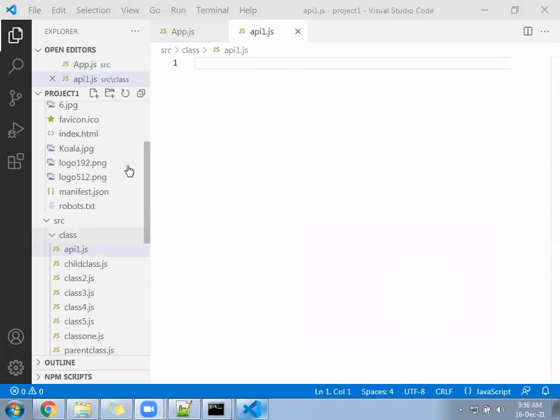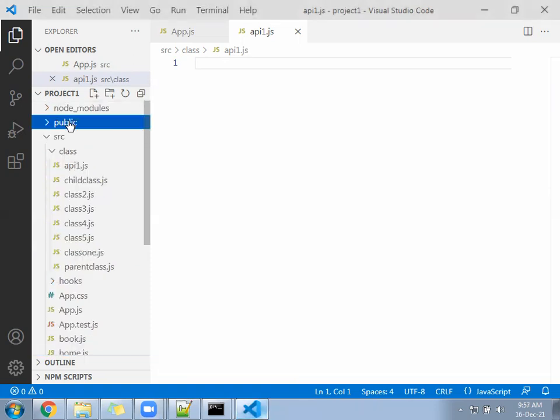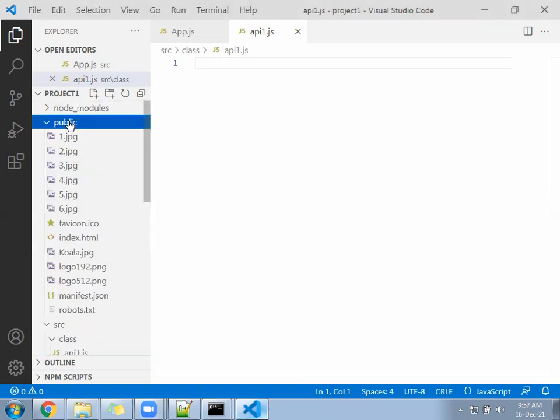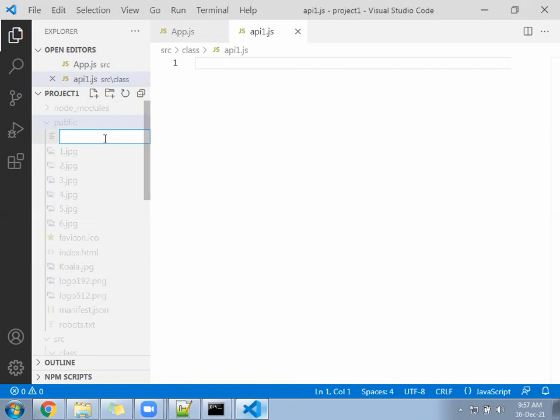Under the public folder, you create a file, something like data1.js, some other file, else you will get misled. Give file name item.json.